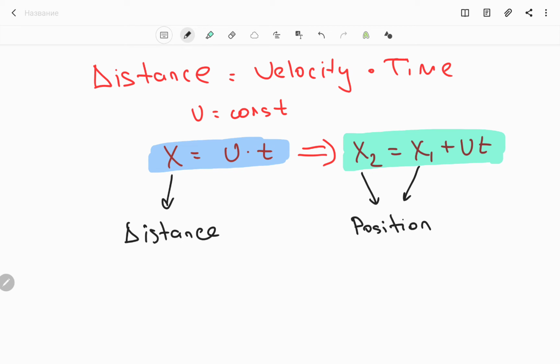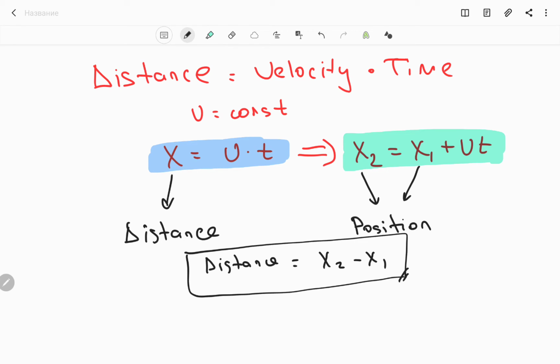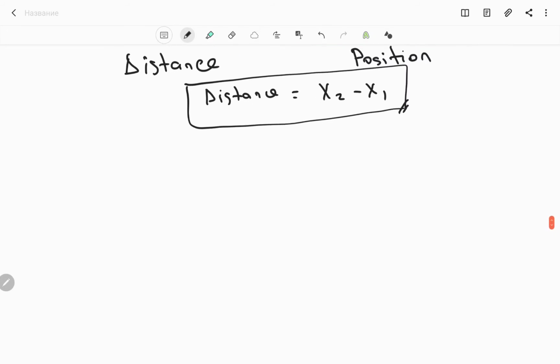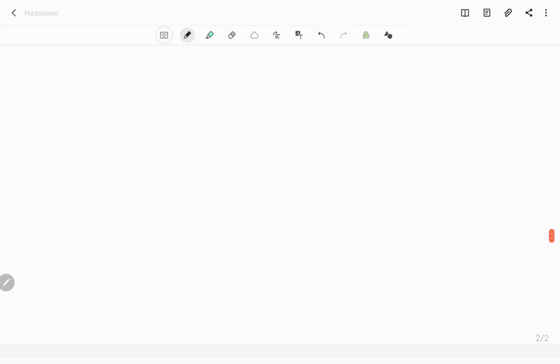So first of all, you should choose which method you will be using: distance method or position method. Of course, distance is equal to what? Distance equal to final position minus initial position. So you can write your equation in terms of distance or in terms of position. It's totally up to us. If you have a graph, it's better to use the position method. Position method in the previous example, for example,